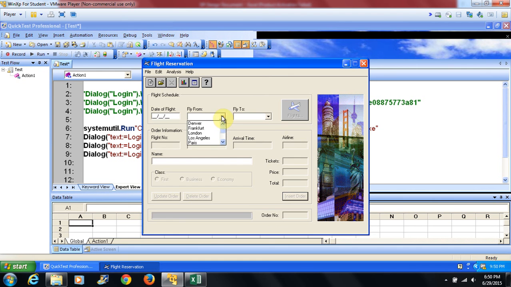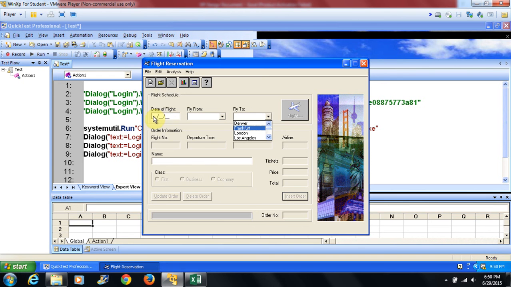You have to follow exactly like that. So if you want to do descriptive programming for those two, you have to write somewhere Denver, Frankfurt, London, all the names exactly as they appear here. And for date of flight,